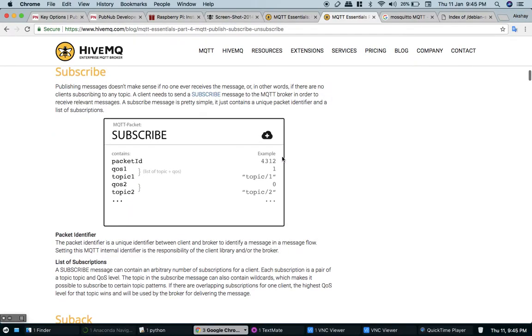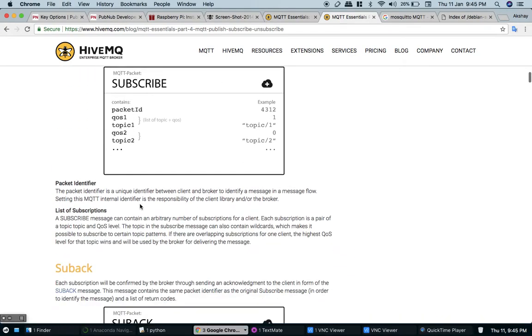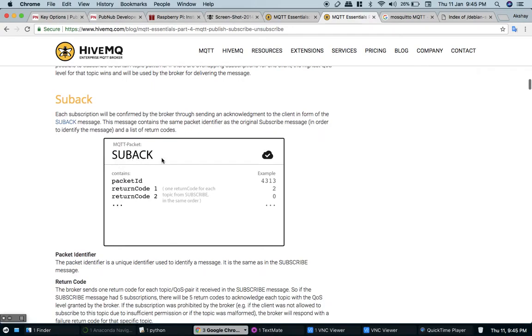It is a one time process. It will be sent for the first time. This request is sent by the subscriber node to the broker, and once the broker receives this packet, it will send back an acknowledgement, that is subscription acknowledgement, and it will return packet ID and return code, whether it is connected or not.